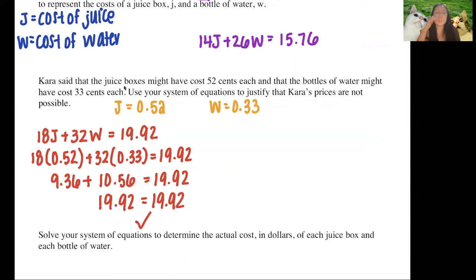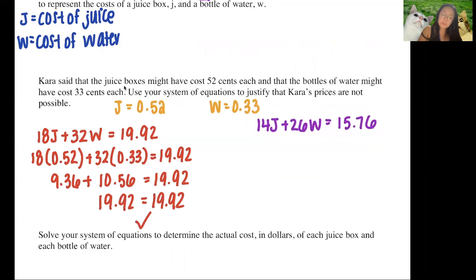So Kara's values work for the first equation, right? But now we need to make sure it works for the other one. A system of equations has two equations, so we need to make sure it works for both. So again, I'm going to plug in numbers. For J, she said juice was 52 cents, so I'm plugging that in, plus 26 for water, she said that was 33 cents, and that's equal to